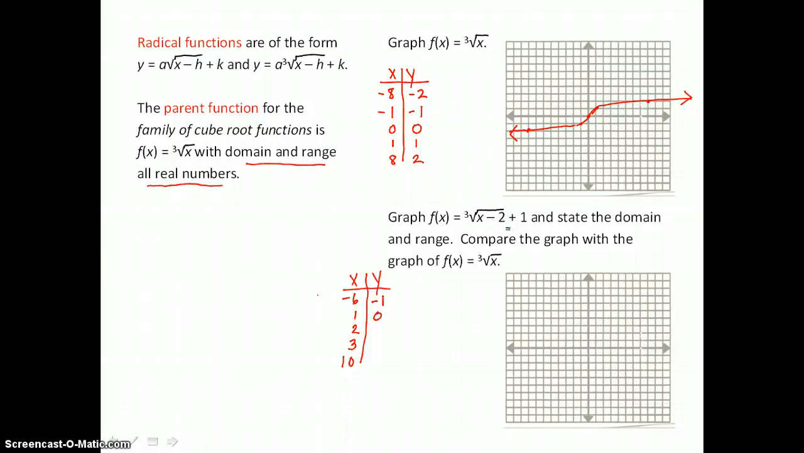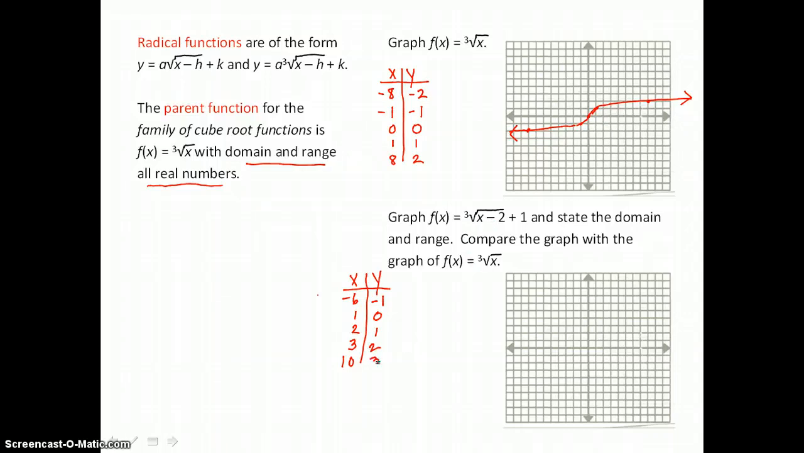When I let x equal 2, I'm taking the cube root of 0, which is 0, and 0 plus 1 is 1. When I let x equal 3, I'm taking the cube root of 1, which is 1, and 1 plus 1 is 2. And finally, I'll let x equal 10 and take the cube root of 8, which is 2, and 2 plus